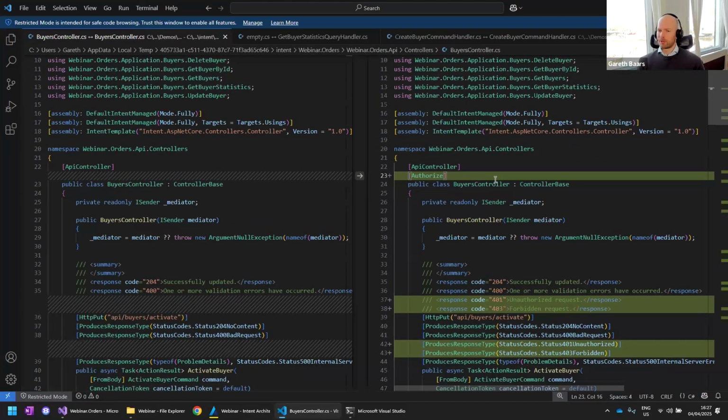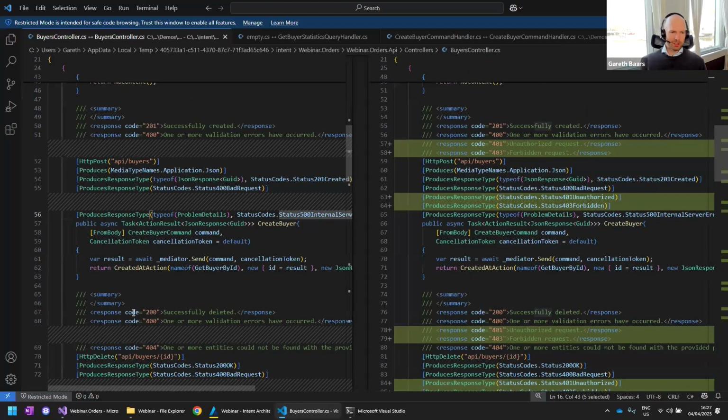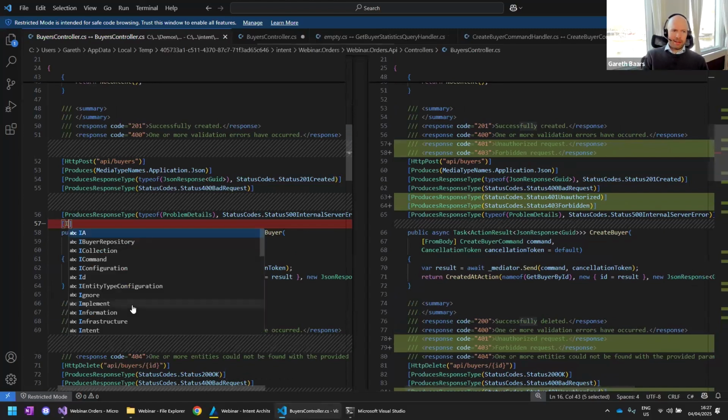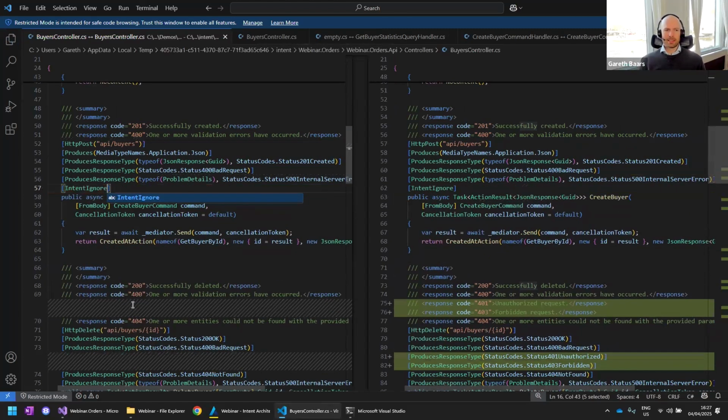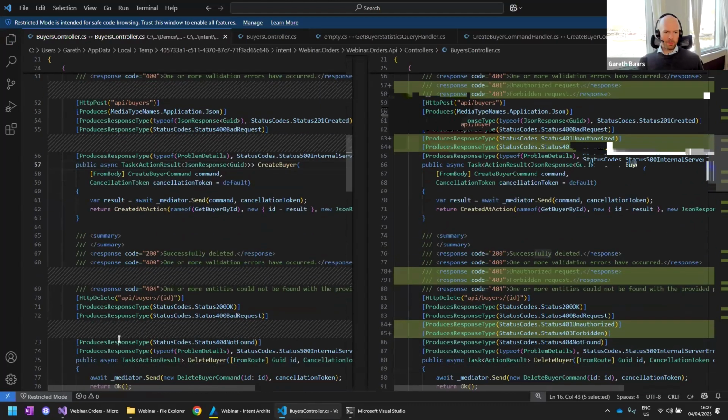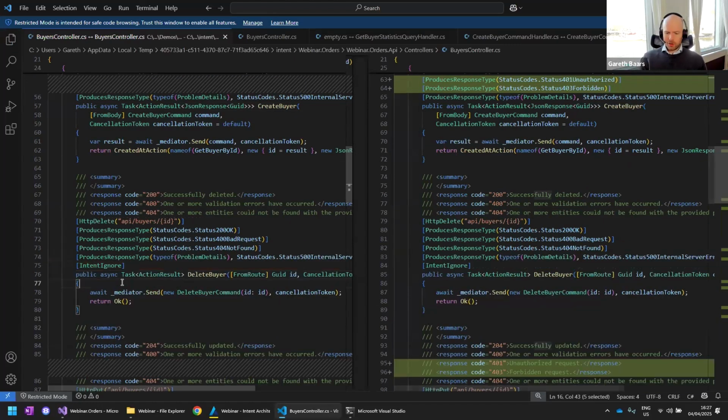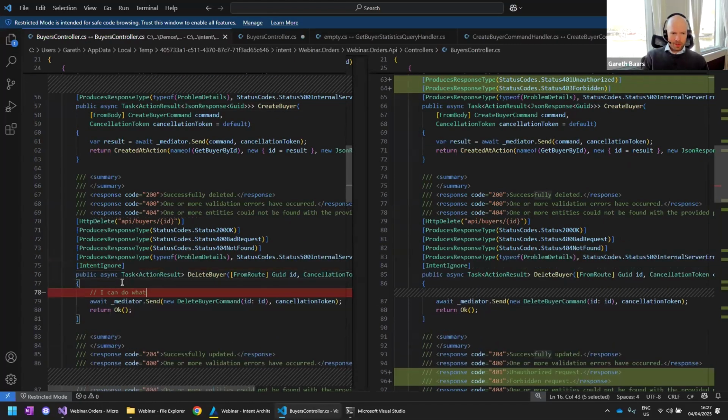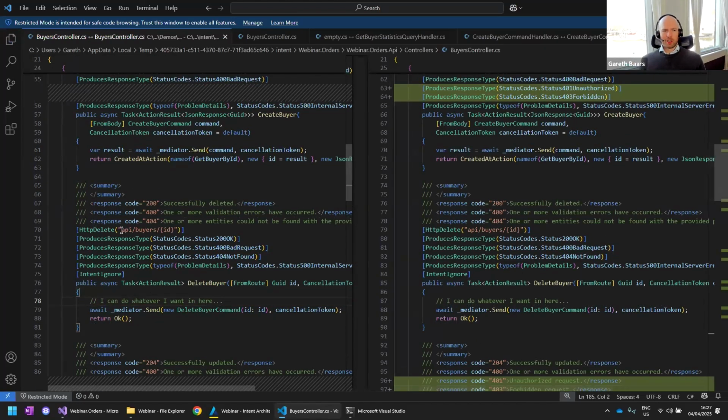And the reason it can do all of this work for us in this very simple example, because of course this could be a lot more complex, is that this code is in fact under full management with Intent Architect, right? Now, just for completion's sake, I can also show you guys that I can always add intent ignore wherever I want. Here you can see I've just gone ahead and ignored the create buyer over there, or I could put this on the delete. I can do whatever I want in here, and it'll keep that code going forward. So this is just to show you guys I can apply these wherever I want.